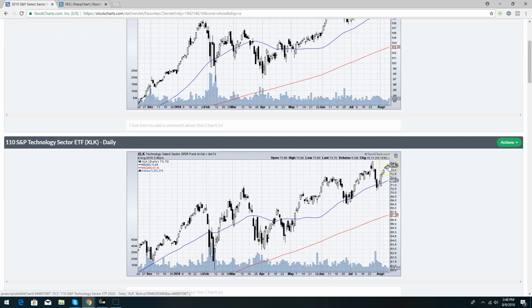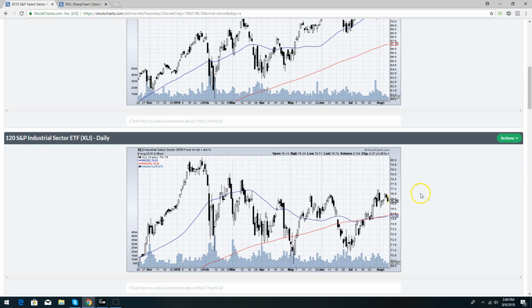So you have technology, the XLK, that has not hit an all-time high. It looks just like the NASDAQ, just a few points shy, but continues to find support. It's in an uptrend. If I could draw a trend line right here, it would still be above it, so we'll continue to keep our eye on that. Industrials, I could draw a trend line right across here, and it would have broken out and found support on this day right here. But it's just holding, and that's still bullish, but